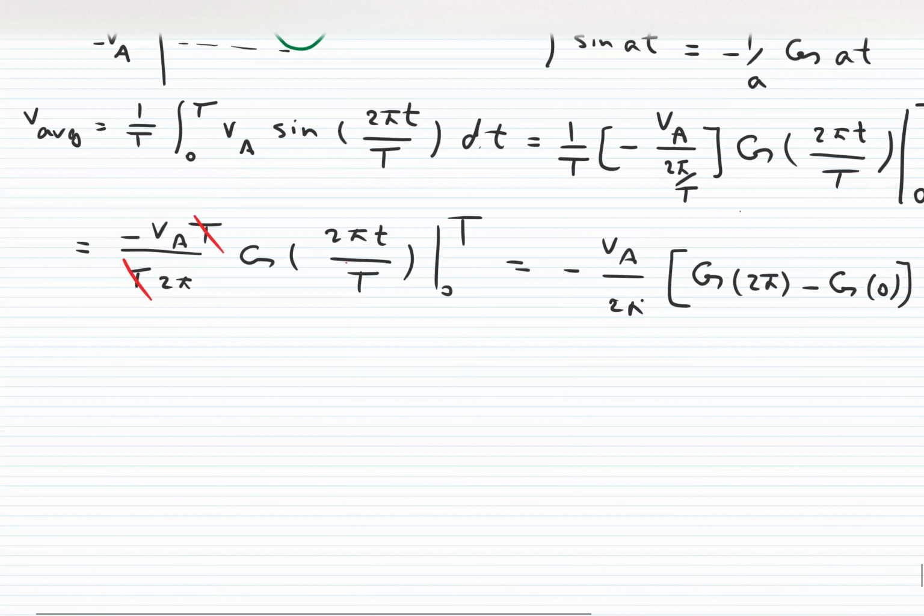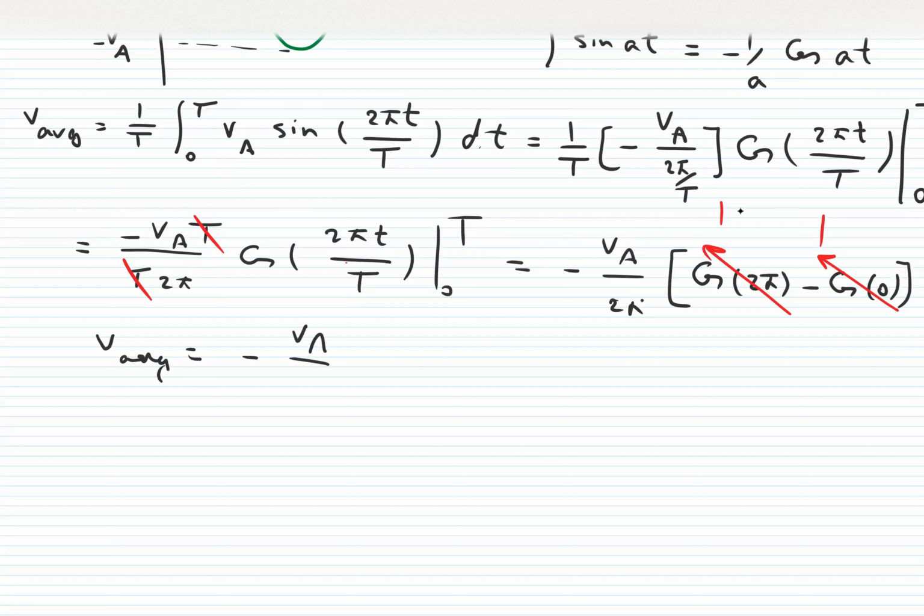Cosine of 2 pi is 1, cosine of 0 is 1, so V average is equal to negative VA over 2 pi times 1 minus